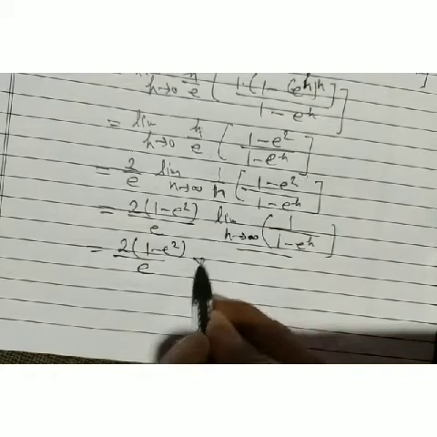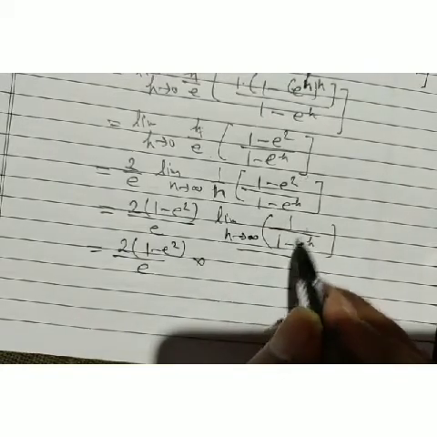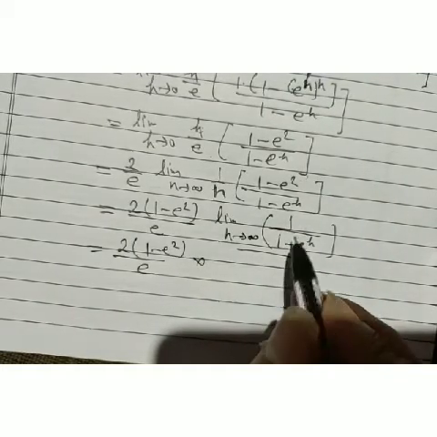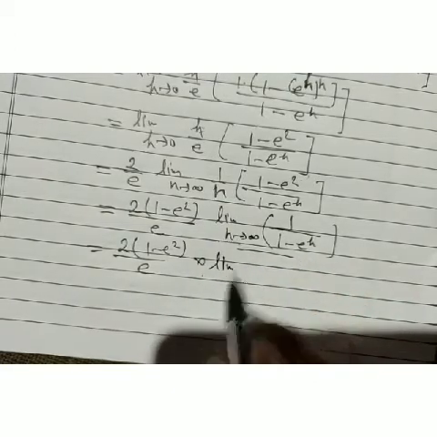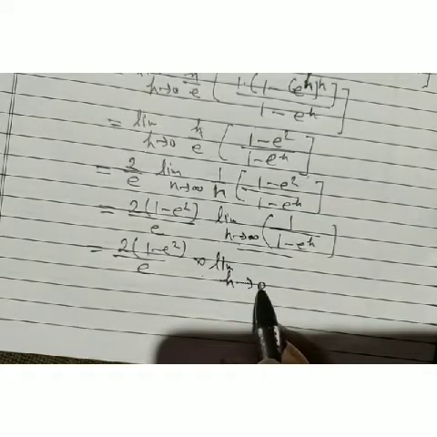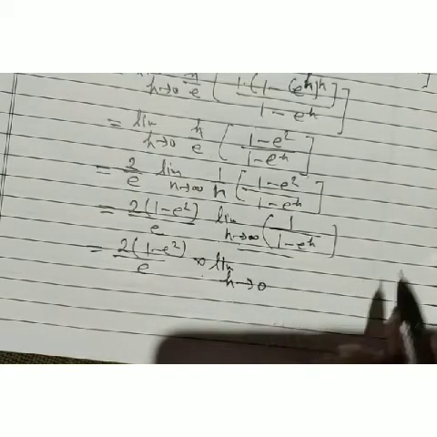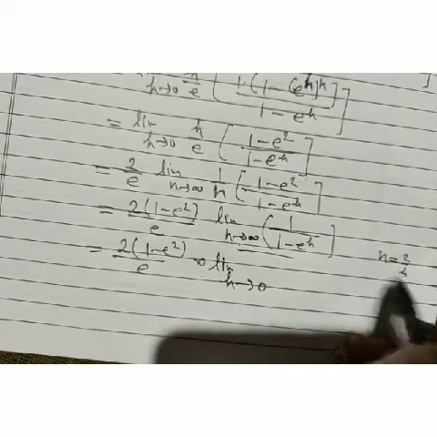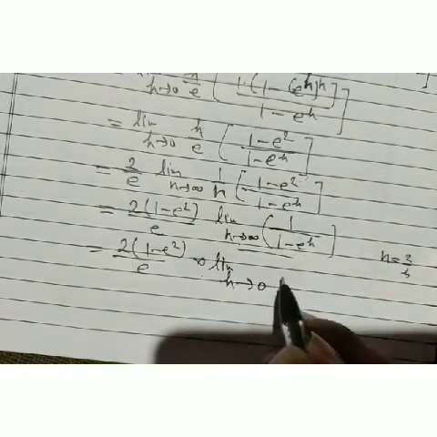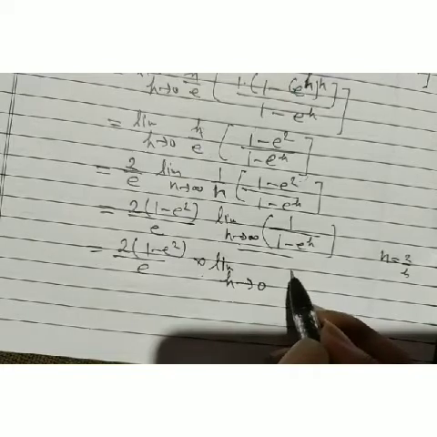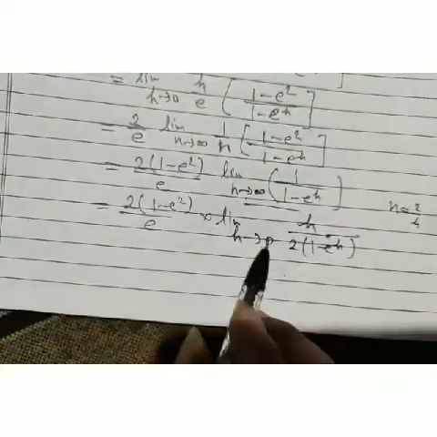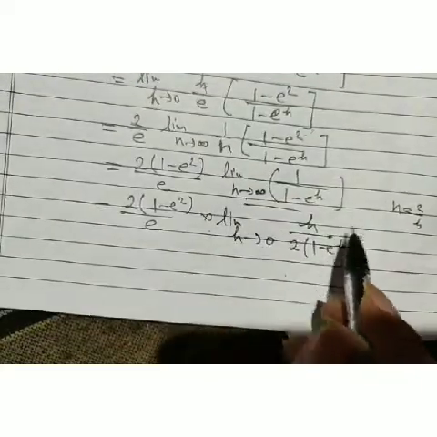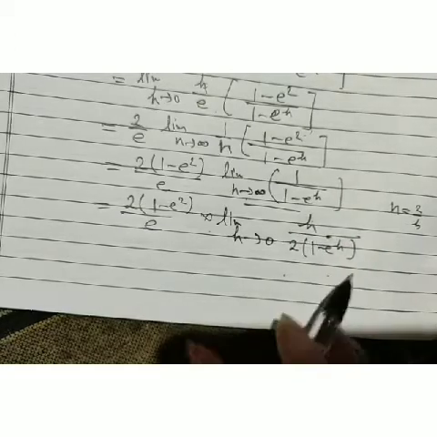Now we are going to change again, we take h there. When our n tends to infinity, then our h tends to 0, because h is 2 by n. Then we get h there. Then what do we get there? Here we get h by 2, 1 minus e to power h, because we changed n by h tending to 0. Now the value of this, when we take h downwards,